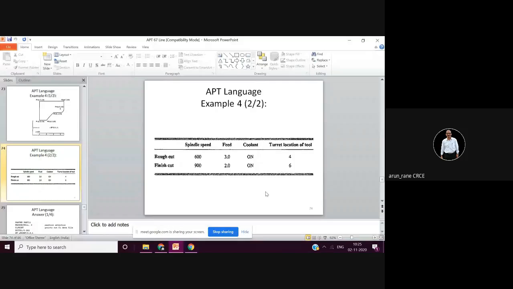If it is millimeter per revolution you take 0.2 or 0.25 millimeter per revolution, and if you want to write in millimeter per minute then you multiply feed by RPM and write that. So first column is operation description, second column is tool number, third column is tool description, fourth column is spindle speed, and fifth column is feed. This you are not supposed to write. So only 5 columns. And of course, before that you can have a serial number, that is 1, 2, 3, 4, 5, 6, and then all the operation descriptions in various rows.